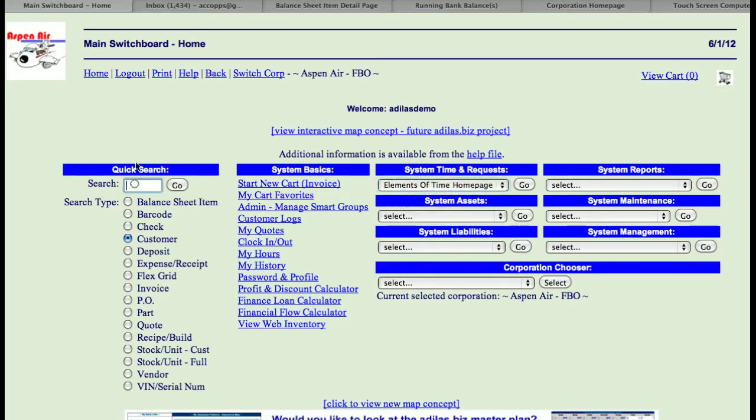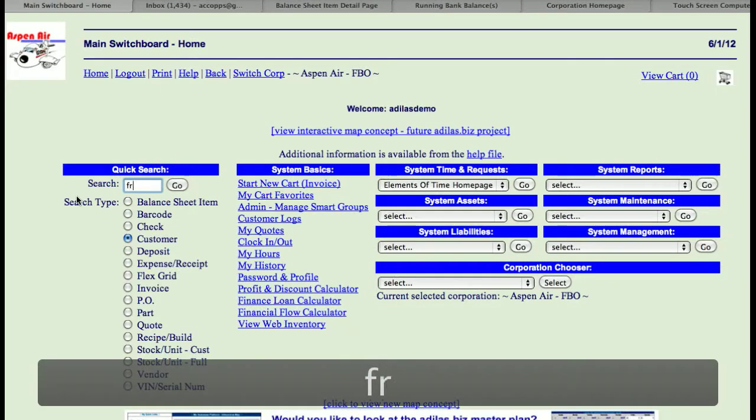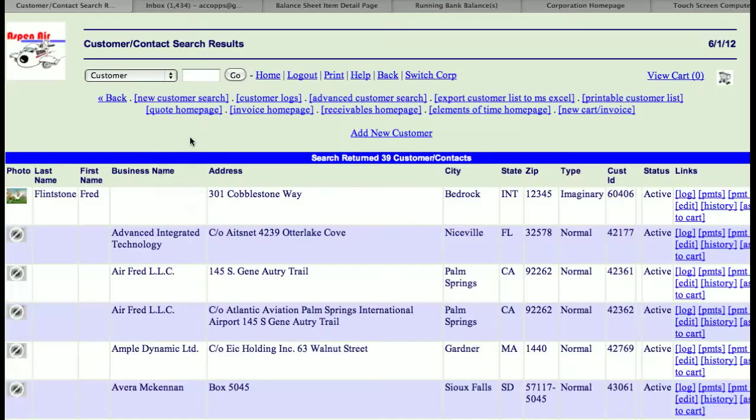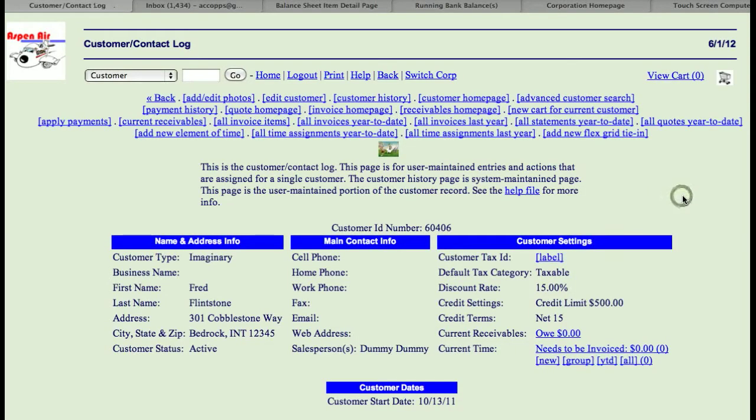I'm going to start over here by finding the customer, because that attaches the customer to the element of time, which is attached to the calendar. So if I type in Mr. Fred, once I have Fred pulled up here, over on the right hand side here, I can go to the log,